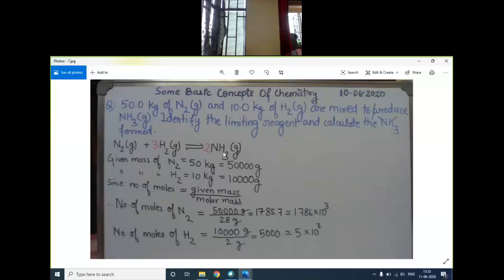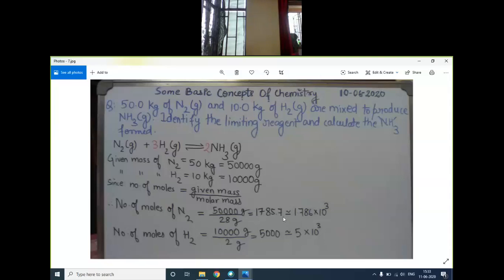First work is to balance the chemical reaction. Second work is to calculate the number of moles using the given mass in the question and the molar mass that we all know. So first of all we will calculate number of moles of N2. Given mass of nitrogen is 50,000 gram, and molar mass of nitrogen N2: atomic mass of nitrogen is 14 and 2 atoms are there, so 14 into 2, 28. So if we divide, it will come nearly about to